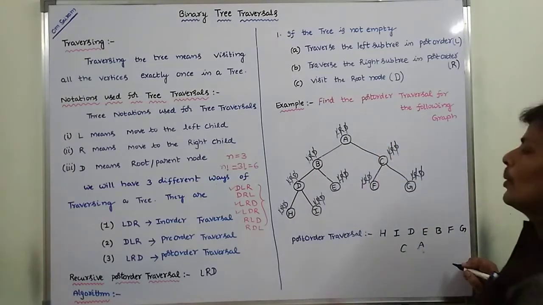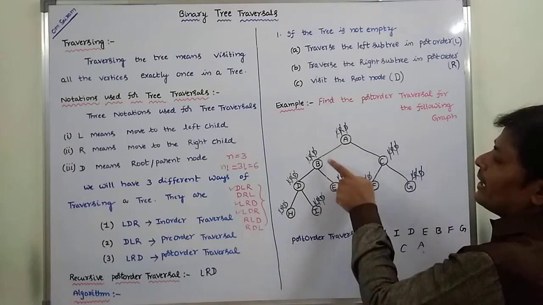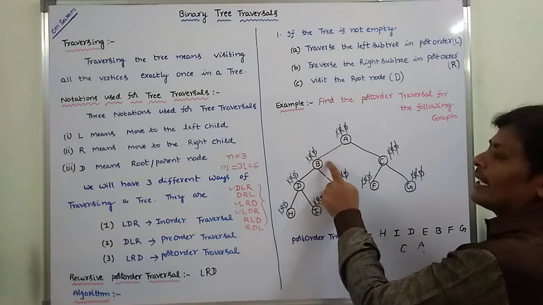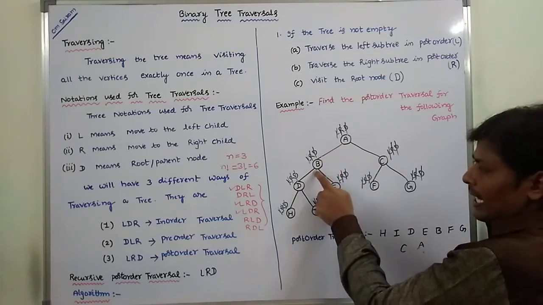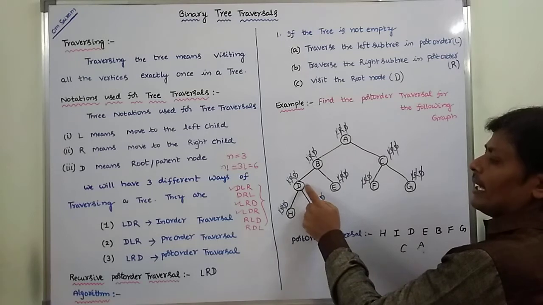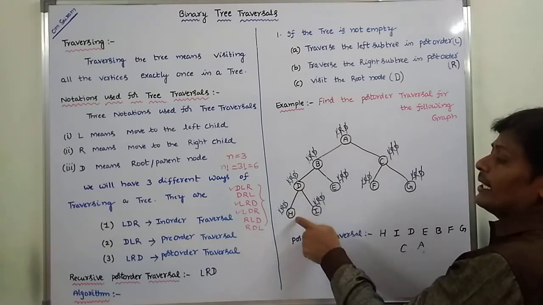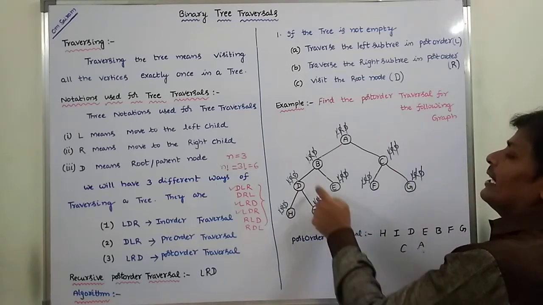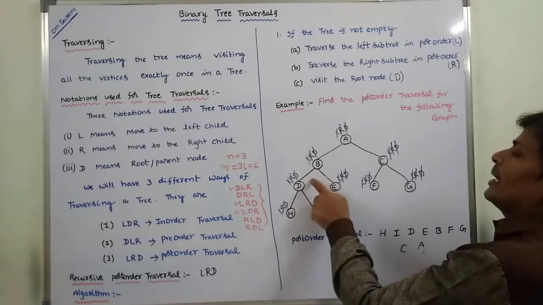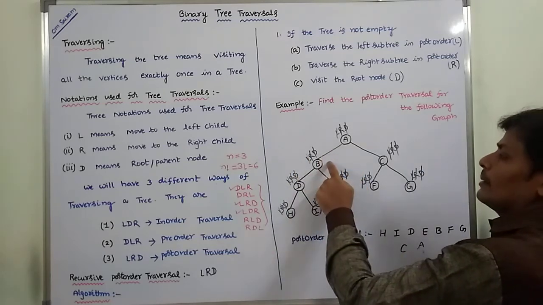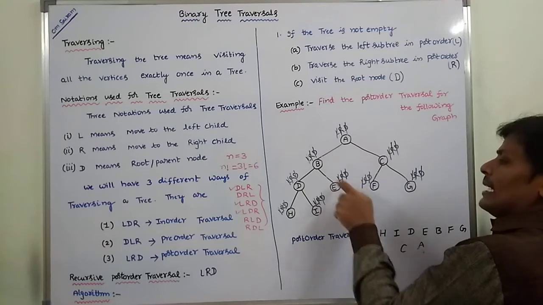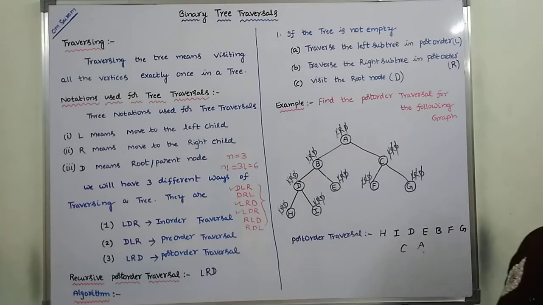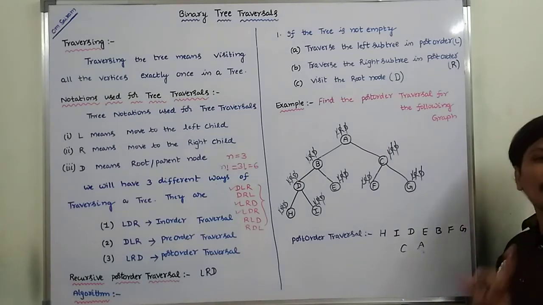completed. So at A all letters are completed, at B 3 letters are completed, at E 3 letters are completed, again backtrack to B, again backtrack, again go to D, 3 letters are completed, again go to H, 3 letters are completed, again backtrack to D, again backtrack to I, 3 letters are completed, again backtrack to D, 3 letters are completed, again backtrack to B, 3 letters are completed, again backtrack to E, again 3 letters are completed, again backtrack to B. At each and every node, L, R and D are struck out.